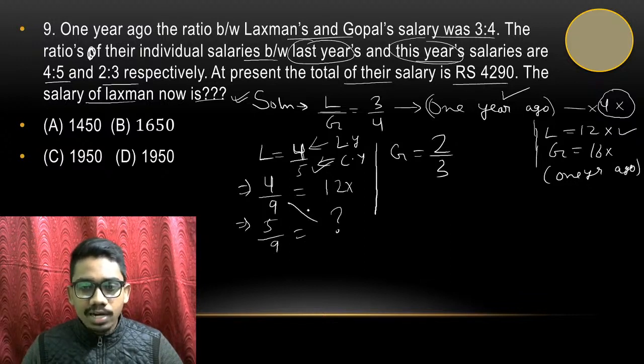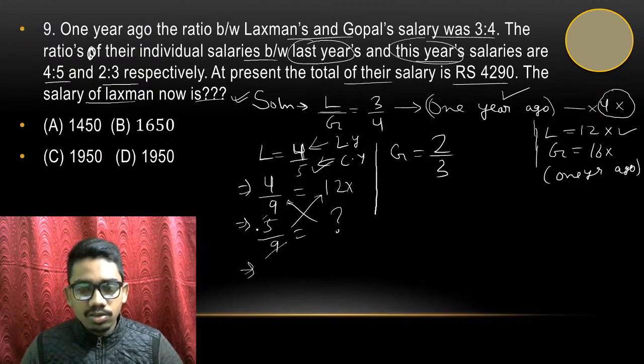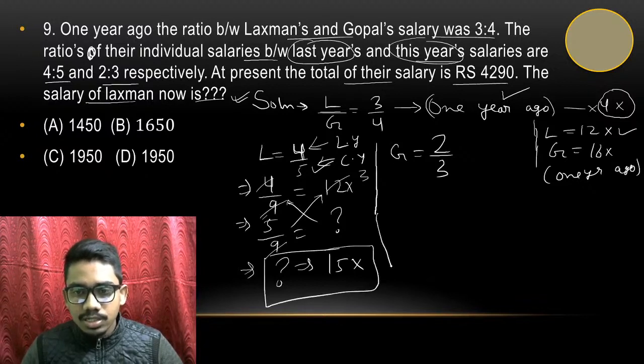दिया। सो आई कैन डू क्रॉस मल्टीप्लीकेशन, मैं क्रॉस मल्टीप्लीकेशन करके मैं x का वैल्यू निकाल लूंगा। अब देखिए मुझे किसका वैल्यू निकालना है, मुझे निकालना है ये क्वेश्चन मार्क का वैल्यू, ठीक है। सो अगर मैं क्वेश्चन मार्क का वैल्यू निकालता हूँ, ठीक है, सो ये 9 से 9 तो कट जाएगा। एंड इफ दिस क्वेश्चन मार्क विल गो दिस साइड, आई विल गेट 12 into 5, दिस विल कट 4 3 and 5 3s are 15, so I will get the value of question mark as 15x। ये ध्यान से समझिएगा गाइस, बिकॉज इस टाइप के क्वेश्चन यू